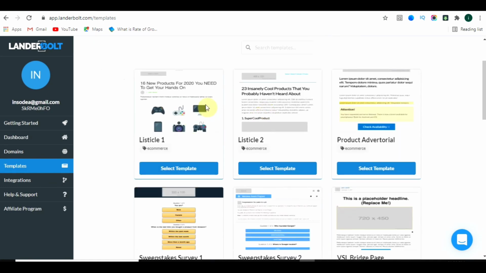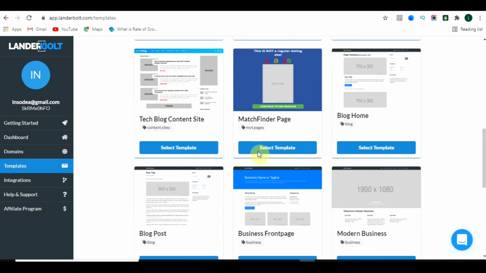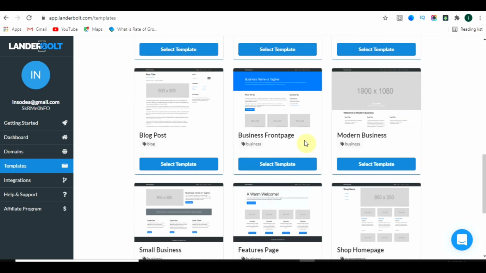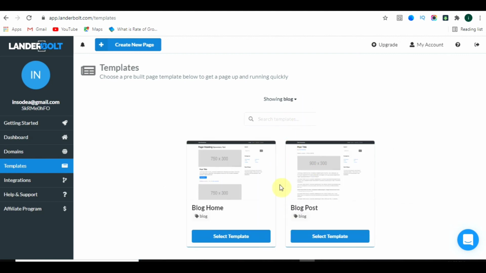Here you can see there are many landing pages, you can say templates, which are available. You can select these templates and make your own landing pages. Also you can search templates from here. You can select any niche template like this, or select a blog or something like that. So yeah, these are the things which you can do.